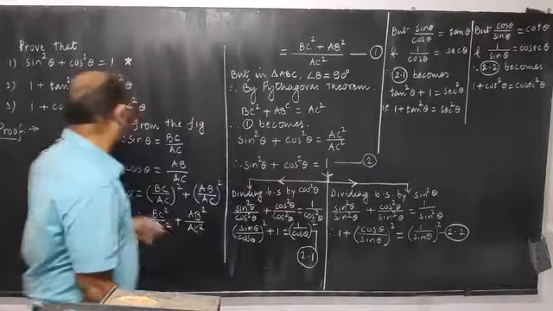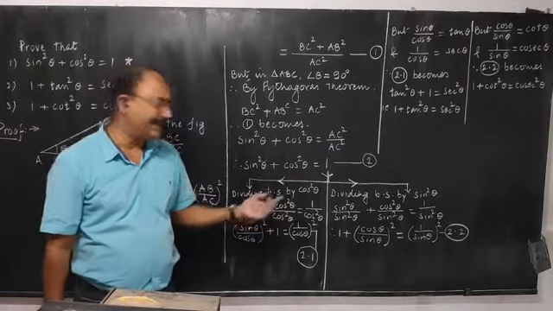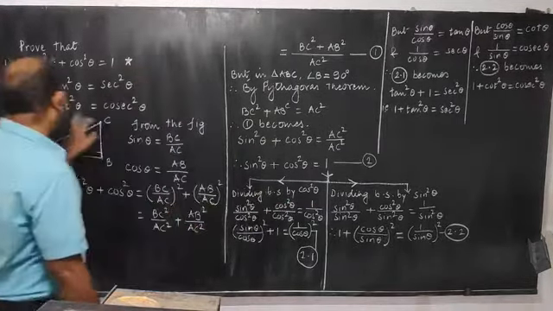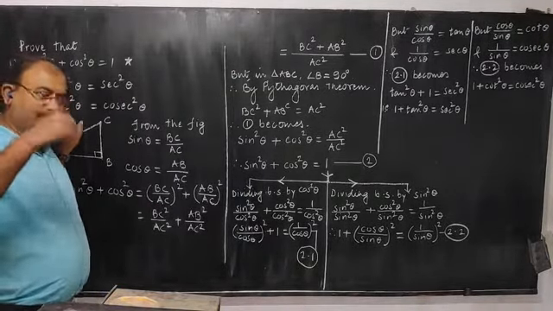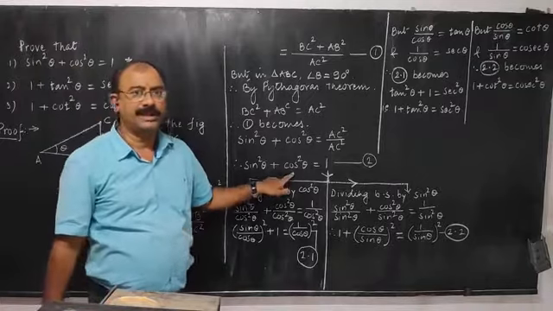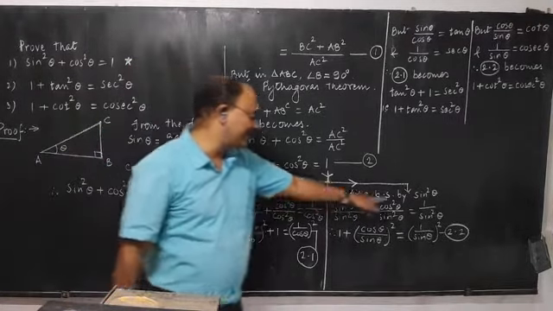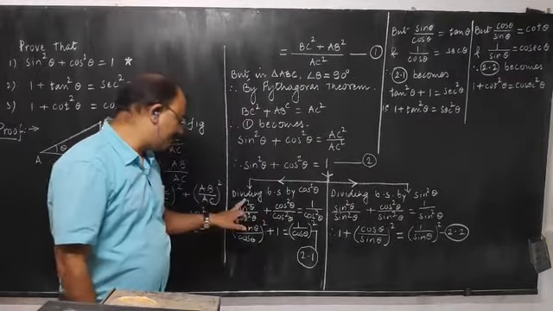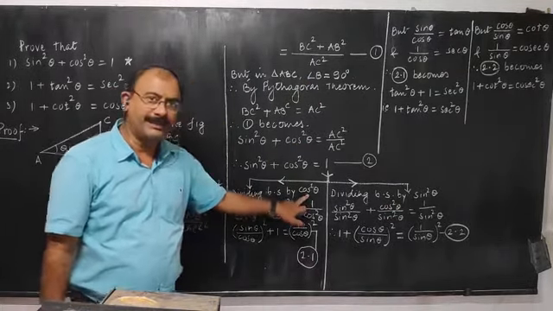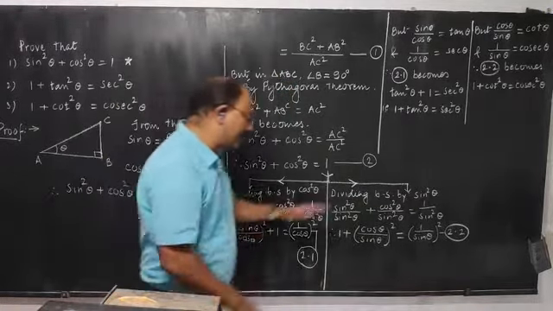Now, if I want to prove this result, then I will divide both sides by sin square theta. Why? Because here there is cot, and cot means what? Cos upon sin. So cos should have sin below it, and for sin square to come here, we have to divide both sides by sin square theta. So what is the bifurcation? Once you divide by cos square theta and once you divide by sin square theta, and just follow the same path.